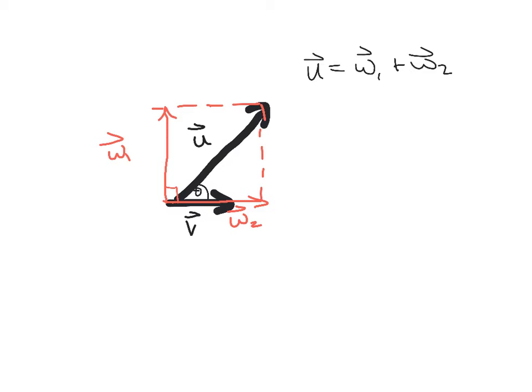Okay? Now, W2 equals V times some scalar that we'll call C. W2 is in the same direction as V, but it's some degree larger or smaller than V. Now, what that means is